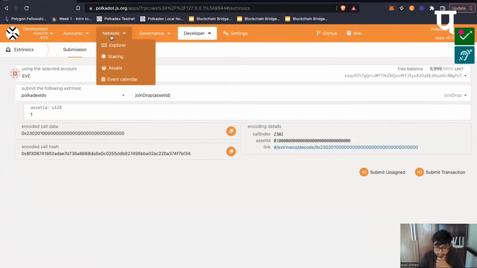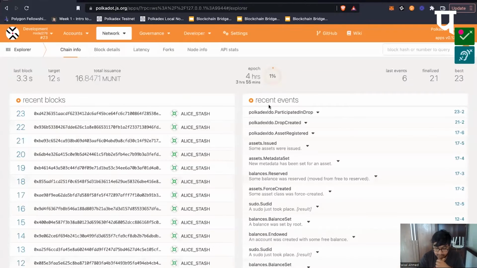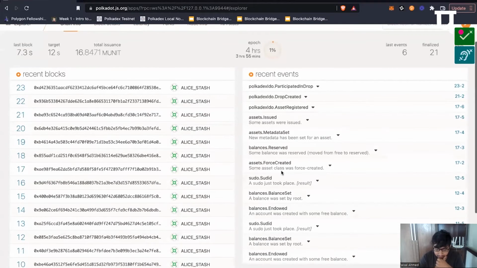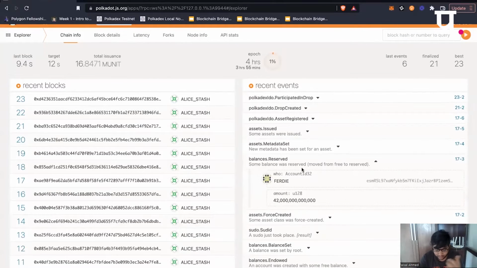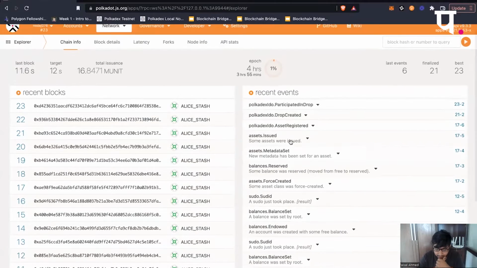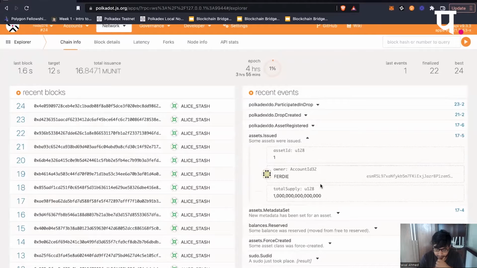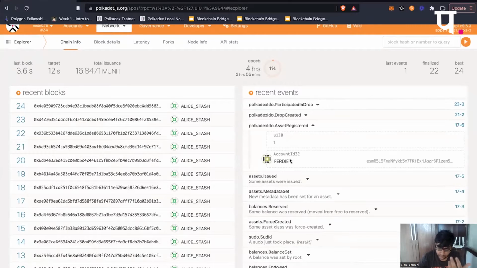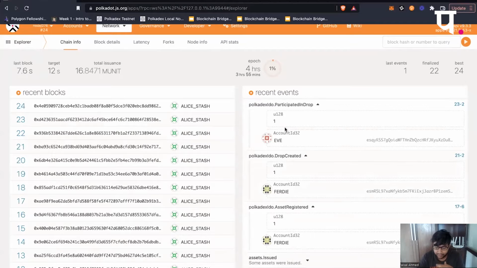While this is all happening, all of these extrinsics had events. I will show it to you here. We started with reserving balance, then we created a new asset and minted it, and all of this is part of asset registered. Then we create a drop, and then we have Eve participate in the drop.